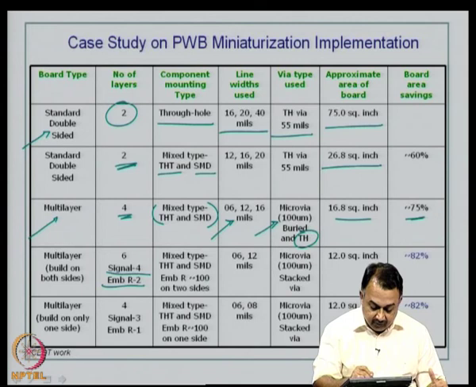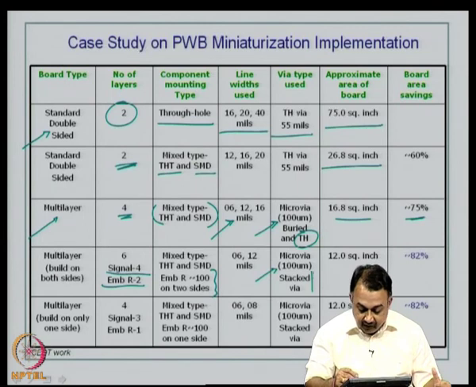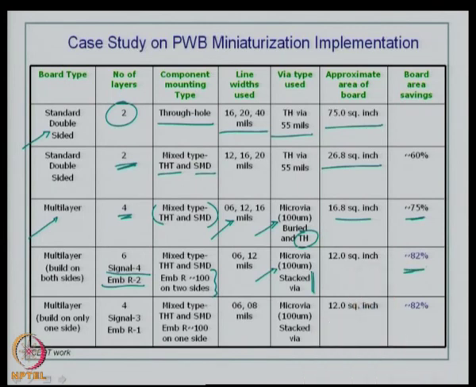About 100 embedded resistors were used on the 2 layers of the embedded resistor layers. You can see the line widths used, microvia size is 100 micron, stacked via technology, and you can see the savings, 82%. And then again a variation in that is a 4 layer multi-layer board built up on